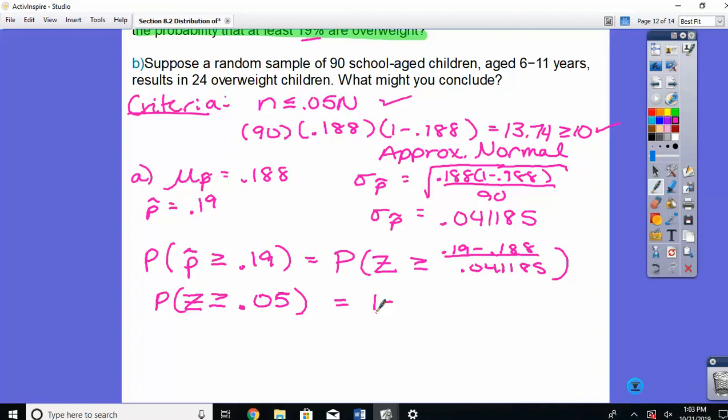Your standard deviation is 0.0. I did 0.4. Wait, so what did you get? 0.05. So it's just this minus